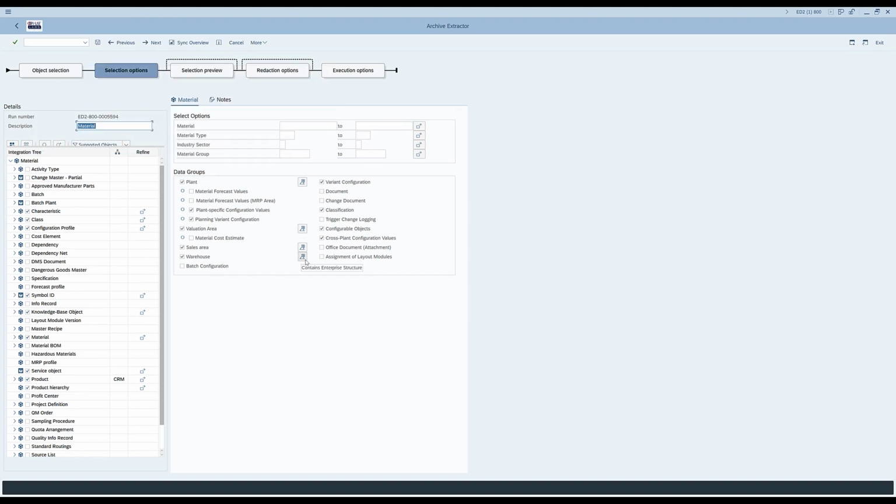On the left-hand side, we have the integration tree. So this is how this particular data type may link to other data types that we might need for the extraction. So we can make choices in here, and once we've made those choices, we can also save a template. So as the project evolves, if we discover actually there's additional things we needed, so approved manufacturer parts, or maybe batch information is relevant, we can add those and then update the template so that we can keep consistency with